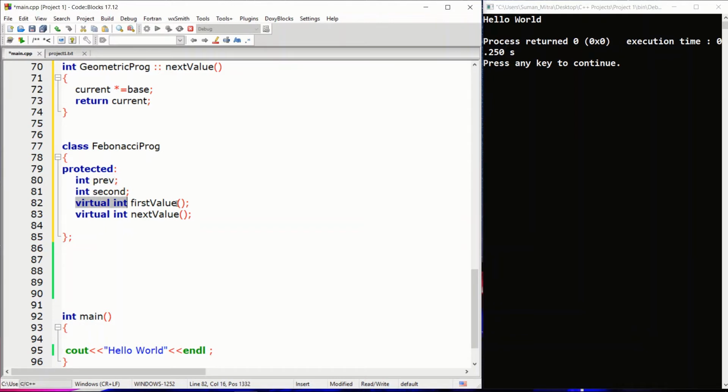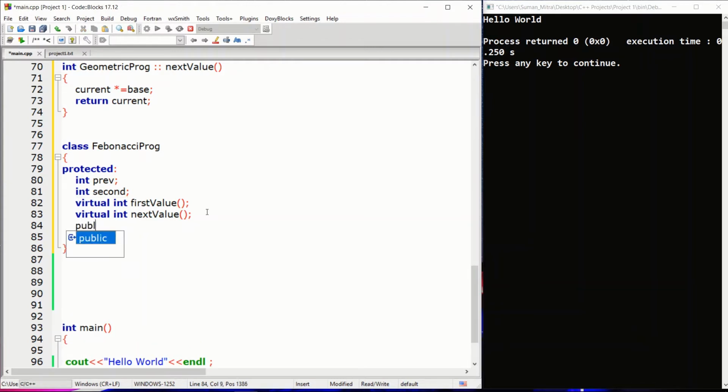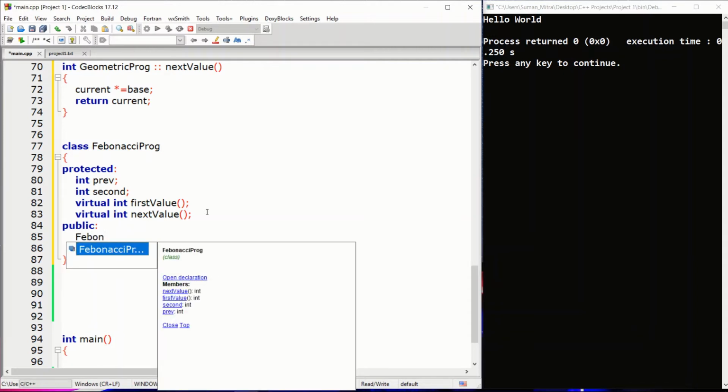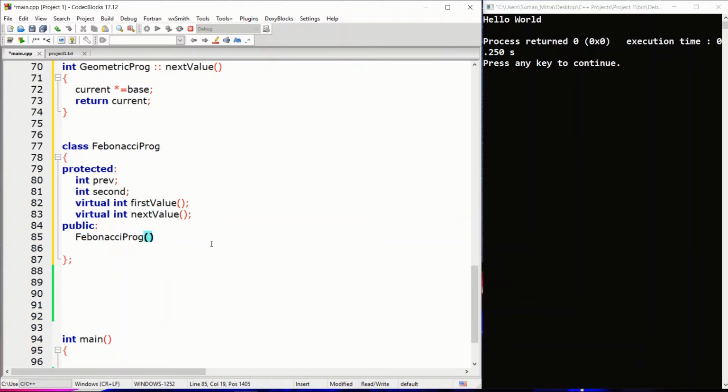And now we'll just declare our public member, that is the constructor. Just write public and the constructor, that is Fibonacci progression, and that's it. It will accept two numbers. The Fibonacci progression should accept two numbers, because we know that for Fibonacci to work it needs two numbers, the first and the second.